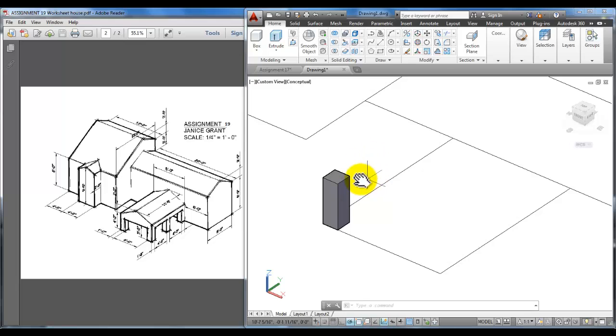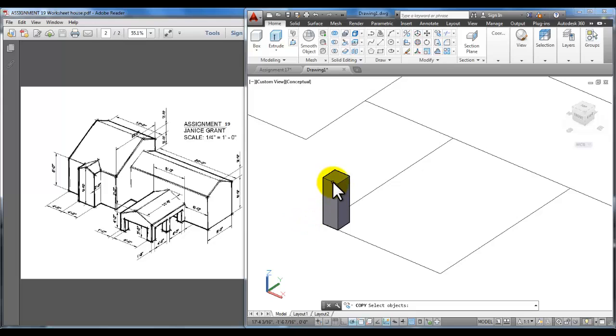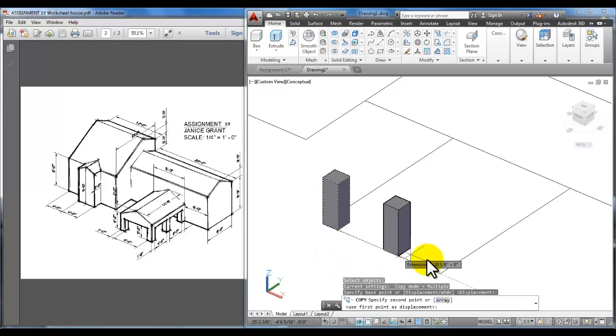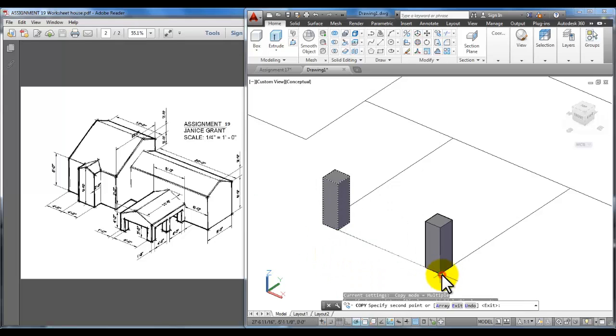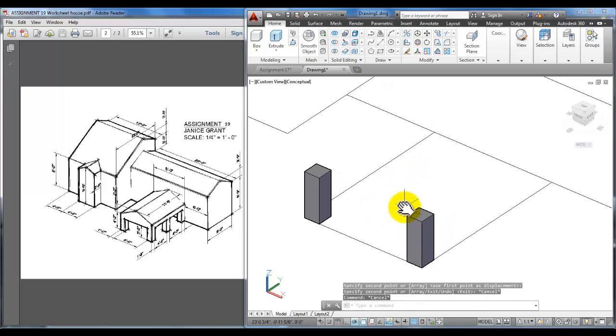Now I'm going to use this one column to copy and move it to the various corners. So I'll start the copy command. This is good practice. Copy is in the top panel here, top row of the modify panel. Copy, select it, enter it. I'll pick this corner in the front as my base point where I want to pick it up, and then I'll go over here and click here. Now I'll use my escape key to get out of that,